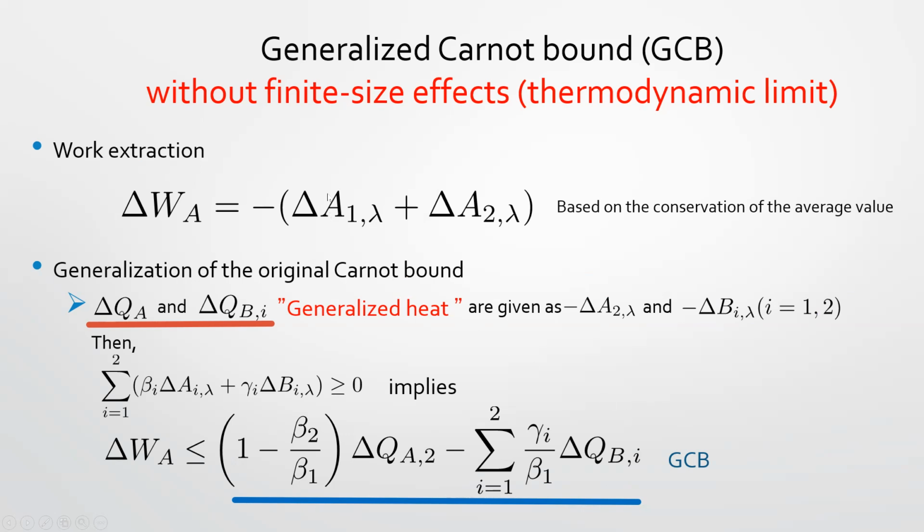Similarly, we can solve for this quantity. So then A1 can be written as a linear sum of W and A2, and then we put this A1 into this one. So then we have some relationship between W, A, and other physical quantities except for A1. So solving that inequality, we have this inequality. So then we have this upper bound. This one is called the generalized Carnot bound because we have an additional term.